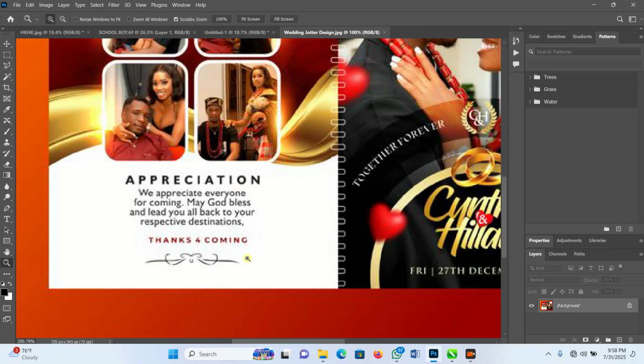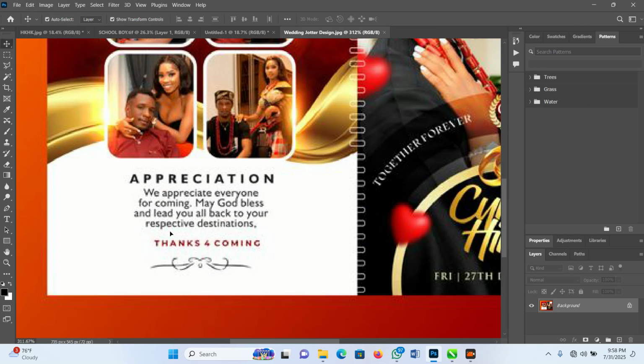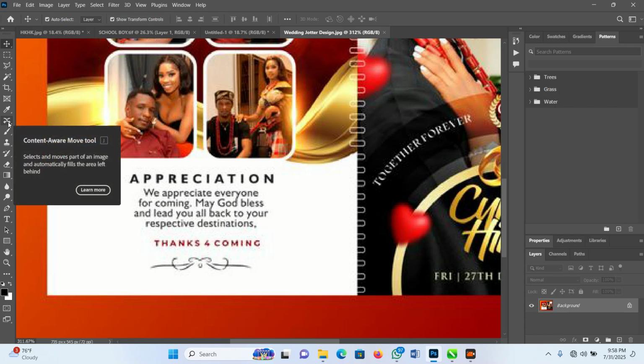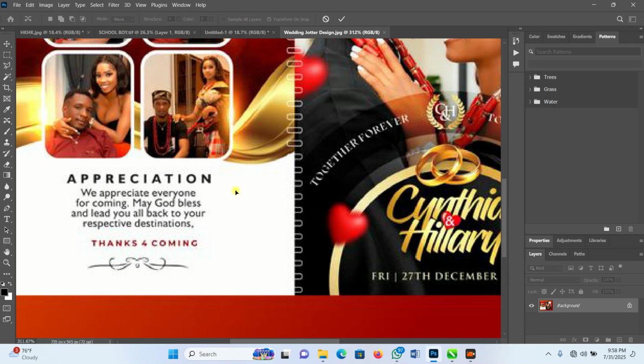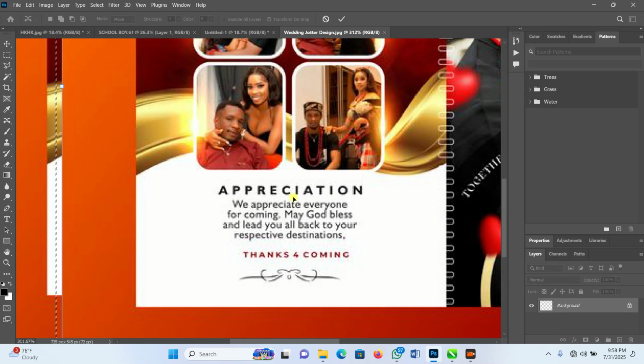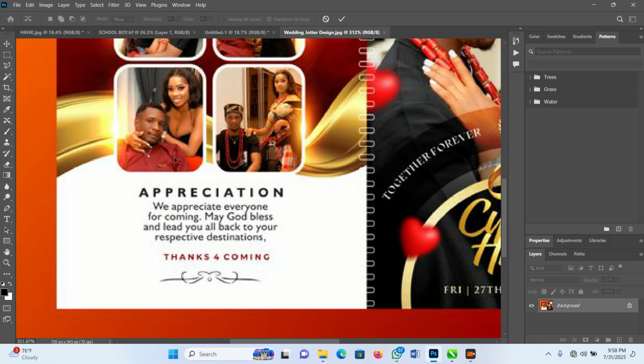From here, we want to remove this write-up, for instance, and the tool we'll be using here is called the content aware move tool, and this content aware tool is very lucrative. You click on the content aware tool, select before then, undo, click on this selection tool, come and